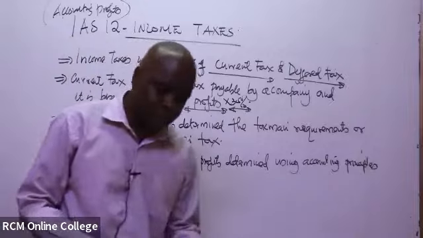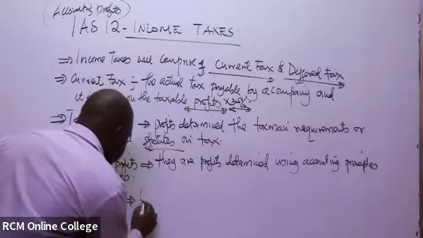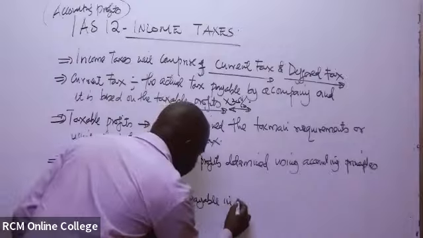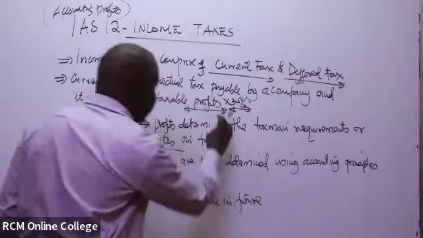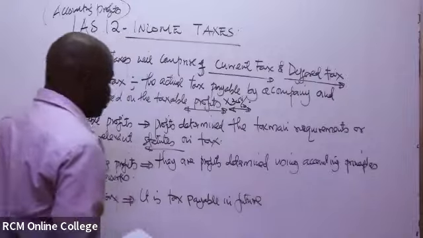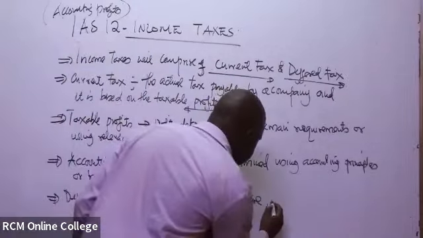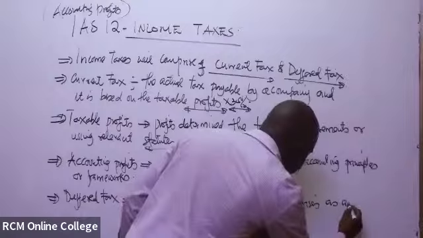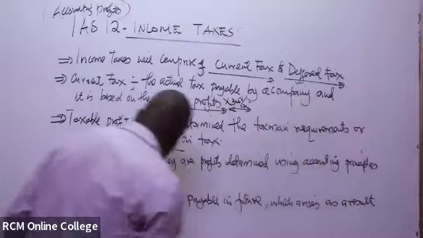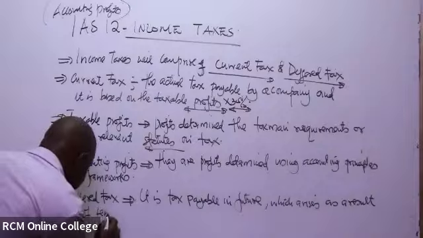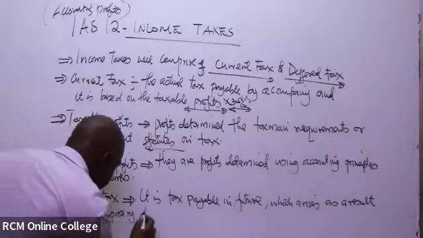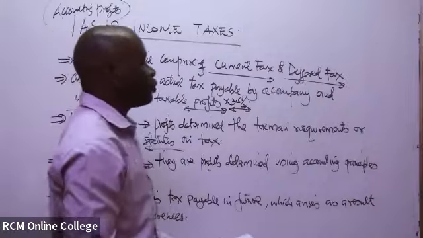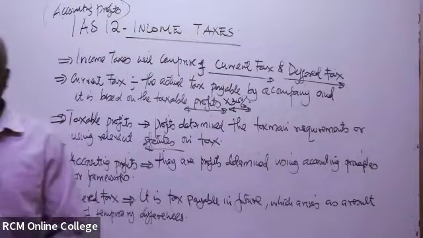It is tax payable in future, which arises as a result of temporary differences. You'll pay it in future. Remember, the current tax, you are paying it in the current year. The reason we are now focusing on IAS 12 Income Taxes is that the profits you get under accounting